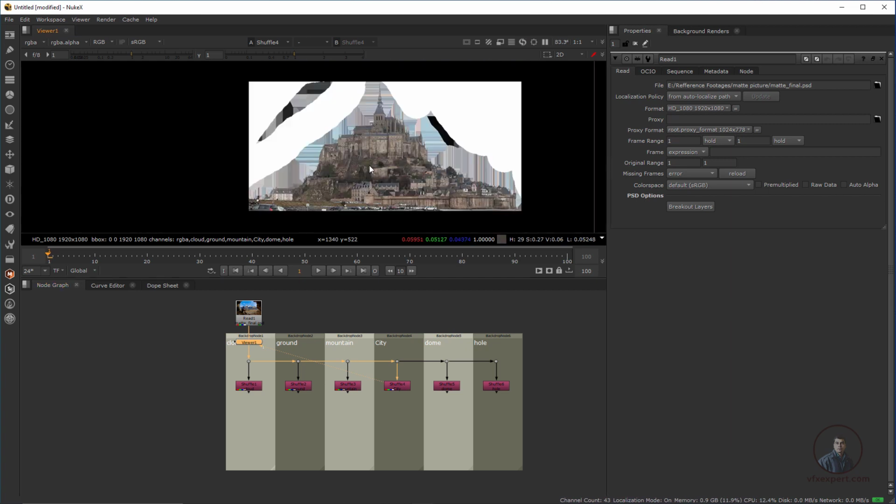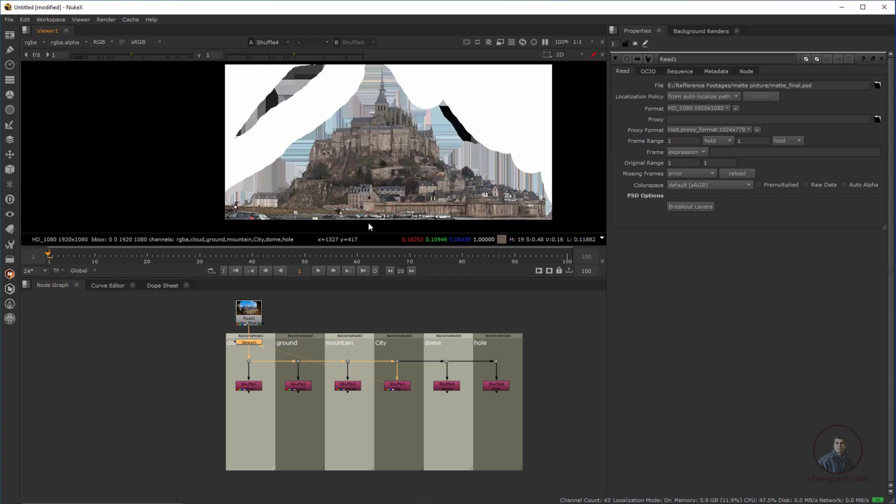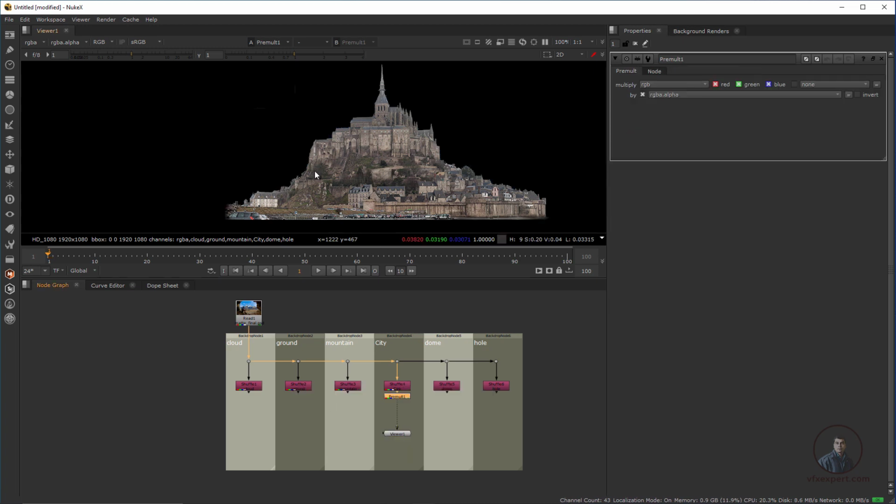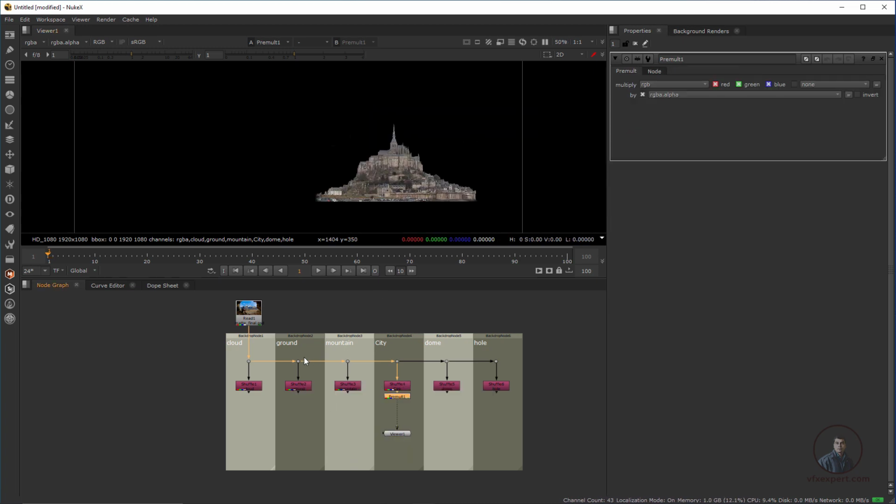So now here you can see, I think alpha is there, but actually it's not extracting the exact images which you want. So easily you can see. So what we have to do, we have to just use our Premult node. Okay, so select this one, press tab and use the Premult node. So easily you can see here like this. Okay, so like this we have to extract all our foreground images, which contain alpha channels.